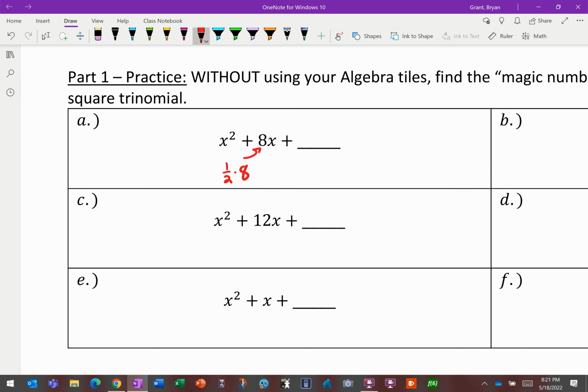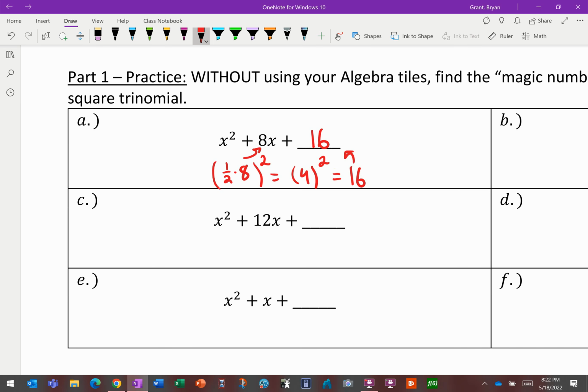So what's the missing space? Well, half of 8 is certainly 4. But we need to square that. And because this is equal, we're going to put a square all the way through. Half of 8 is 4. 4 squared is 16. So the perfect square trinomial that starts with x squared plus 8x needs to end in